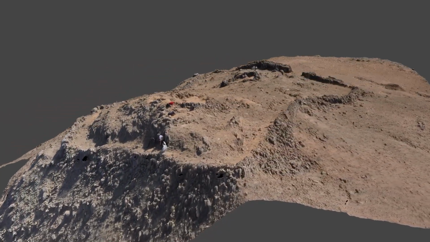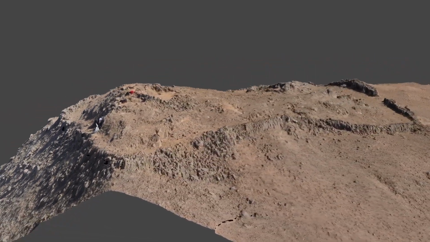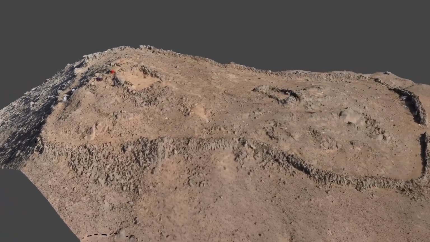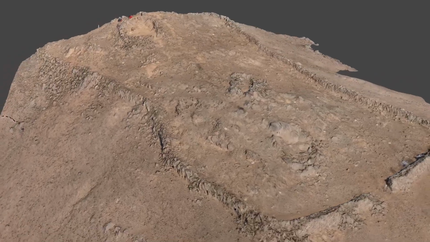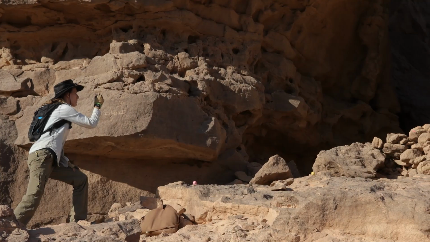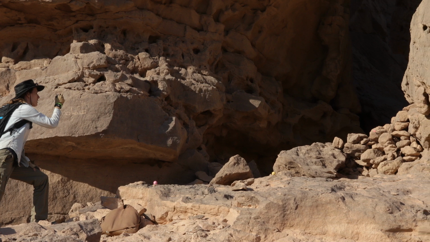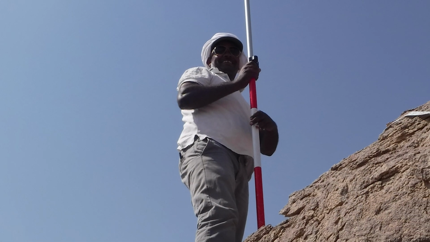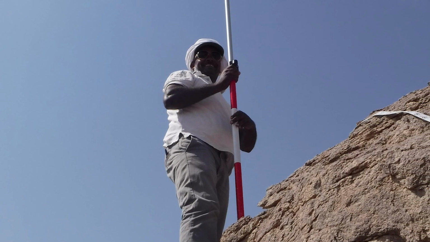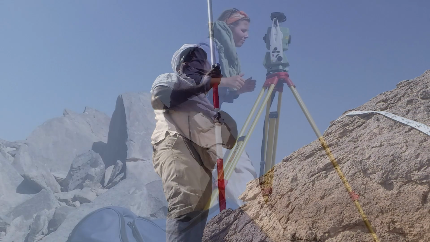The process of making a 3D model from photographs is quite simple in concept, but it requires a fairly strict field methodology to get it to work right. Essentially, we have to take pictures of a given archaeological feature from all the visible angles possible, trying to catch it in optimal light, maybe in the mid-morning or late afternoon. And the most difficult part is having to get a very good coverage from all those angles. Sometimes some angles just aren't possible. For example, if you're trying to scan something on top of a cliff, you don't get everything that you want.